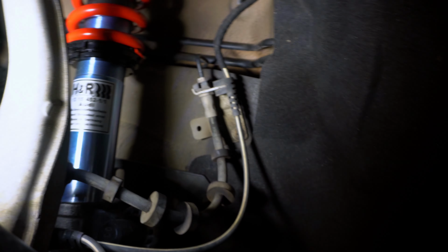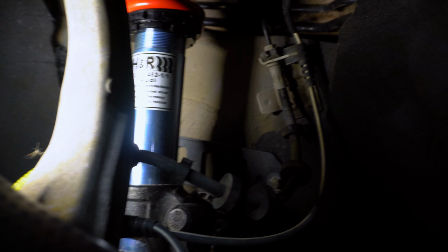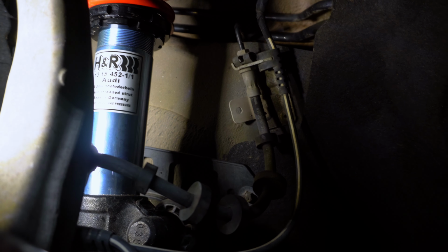You won't need to get the grease out of the axle or open anything up. Very simple. Actually, much easier than anticipated. The only other important thing to note, and this is a one-sheet page in the H&R guide, so they do tell you about it, up here,